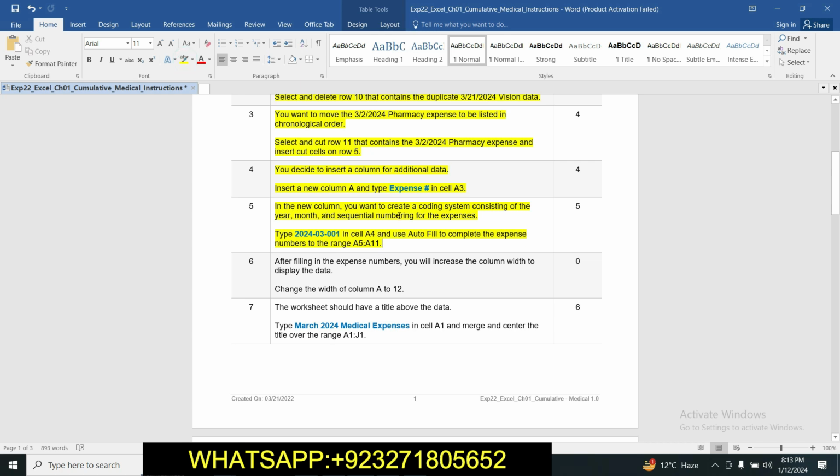In the new column, you want to create a coding system consisting of the year, month, and sequential numbering for the expenses. Type 2024-3-001 in cell A4 and use autofill to complete the expense numbers in the range A5 to A11. We will have to type in cell A4 and autofill the series from A5 to A11. So first type